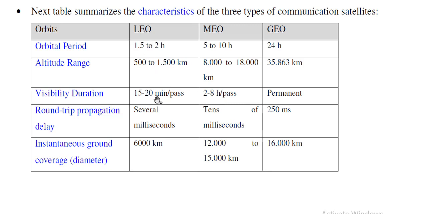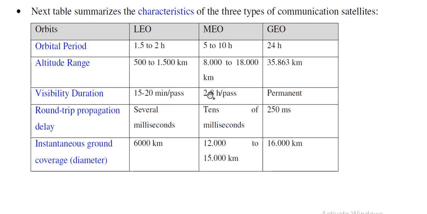بالنسبة إلى ليو لأنه قريب من الأرض فتكون الأرض أسرع منه، فعندما نكون على الأرض ونحن على محطة أرضية ونرى قمرا صناعيا أمامنا ويمكن استخدامه لبعث الإشارات، لا يمكننا استخدامه أكثر من 20 دقيقة في كل دورة. معناها عندما نراه الآن بعد 20 دقيقة سوف يختفي ويظهر غيره، وبالتالي نكون مضطرين إلى نقل إشارتنا من قمر صناعي إلى آخر كل 20 دقيقة. بينما بالنسبة إلى ميو لأنه أبعد من الأرض، وبالتالي هنا مدة الرؤية تكون أطول،